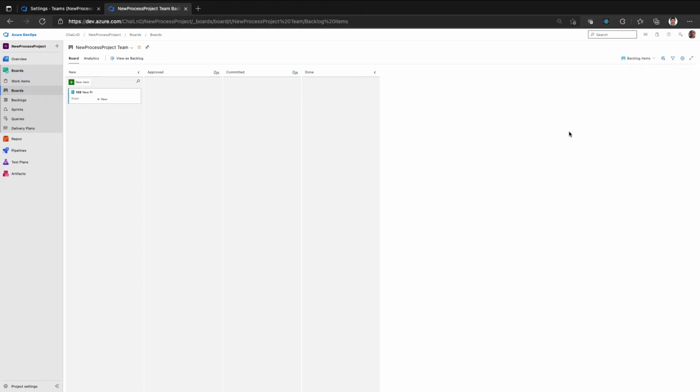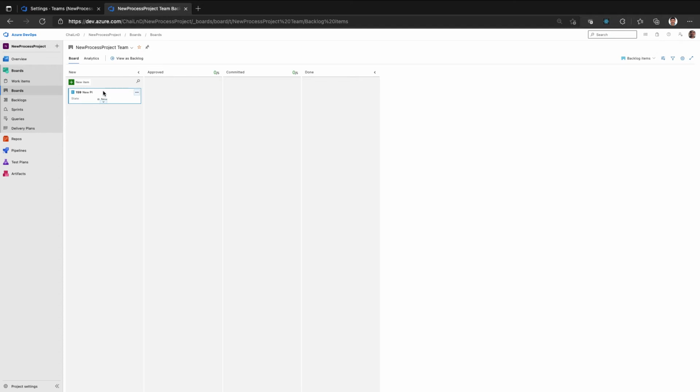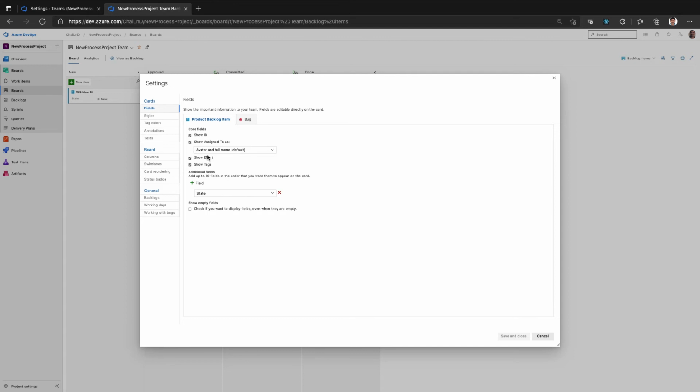In order to customize the board, the columns, and the color combinations, you go to settings. Here you can define what information you want to display in the card. For example, you can define only the full name, whether you want to show the complete user info, and what other fields need to be displayed. So this is a card for one of the work items, and you can configure the fields you want to display in it.